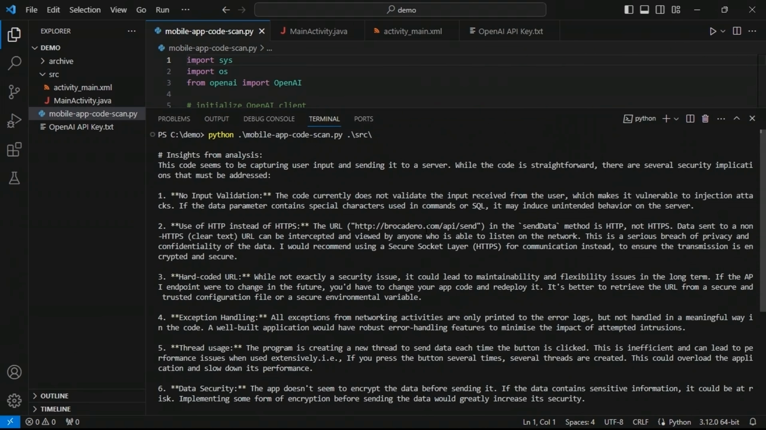And first, it gives us a summary of what the code seems to be doing. So it says it seems to be capturing user input and sending it to a server. It says, while the code is straightforward, there are several security implications that must be addressed. Number one, there's no input validation. So it tells us that the code currently does not validate the input received from the user, which makes it vulnerable to injection attacks. Then point number 2, the use of HTTP instead of HTTPS, which is what we discussed